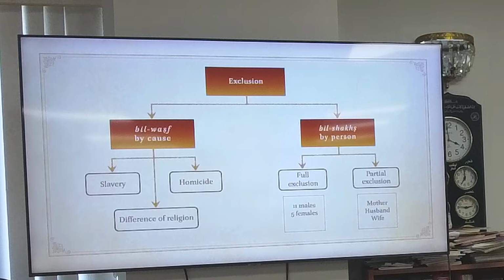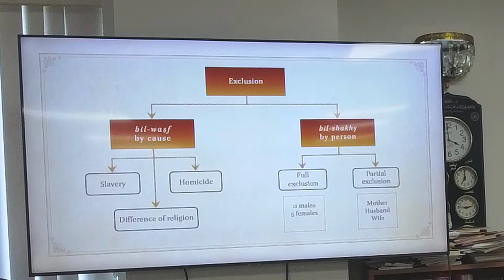And there are situations in inheritance that if you do iqrar, if you acknowledge the lineage of another person, you end up excluding yourself. So you end up working against your own inheritance. So we have exclusion b'shakhs, by person, either a full exclusion, and this includes 11 males and 5 females can